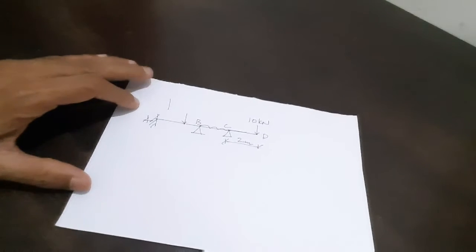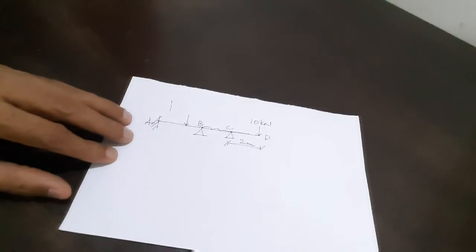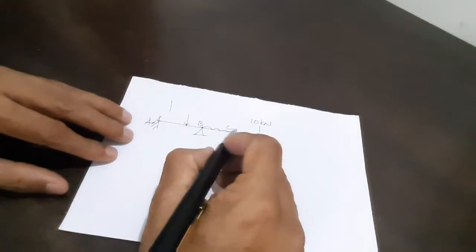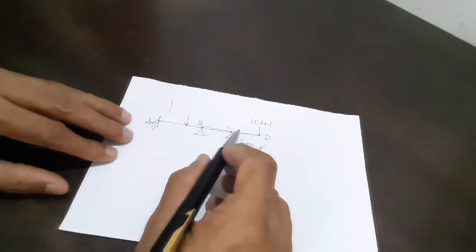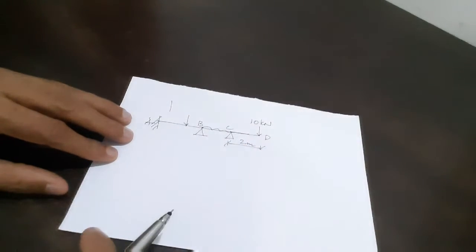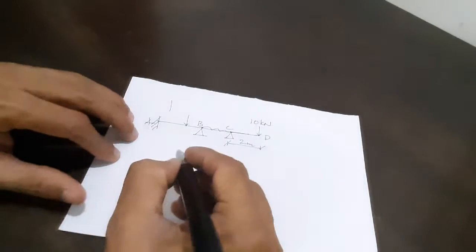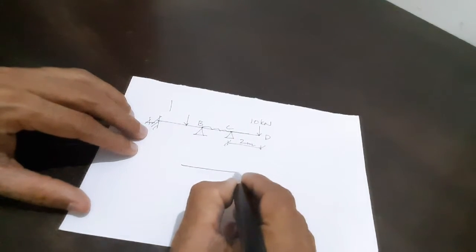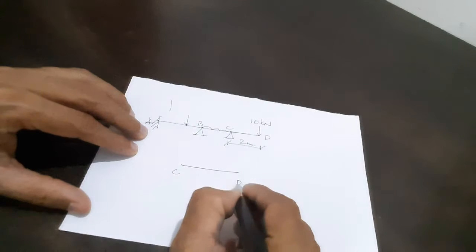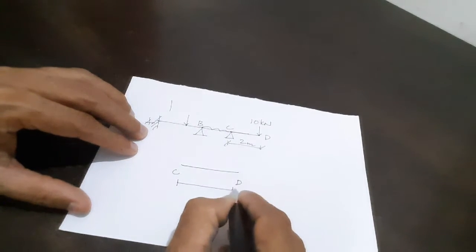How to consider that overhang? How to consider that equivalent structure? Now you have to consider that overhanging beam. You have to convert that overhanging beam into an equivalent structure. Now this overhang portion, portion CD of length 2 meters,